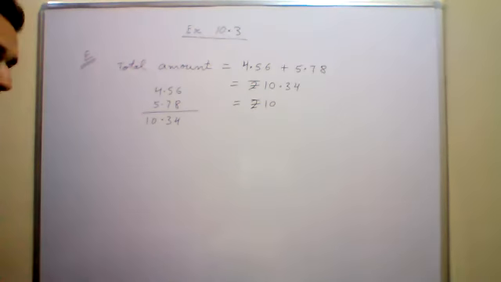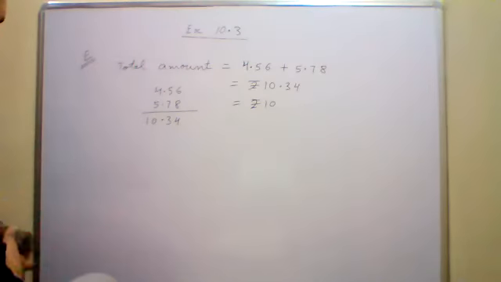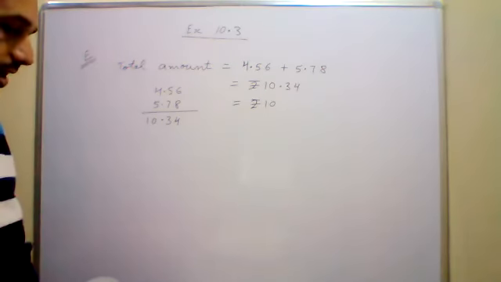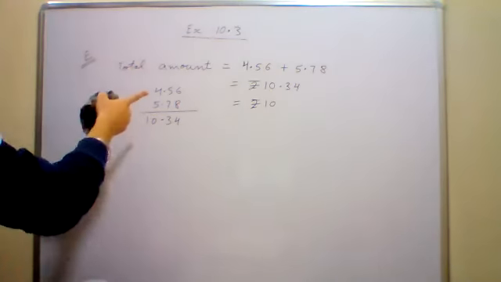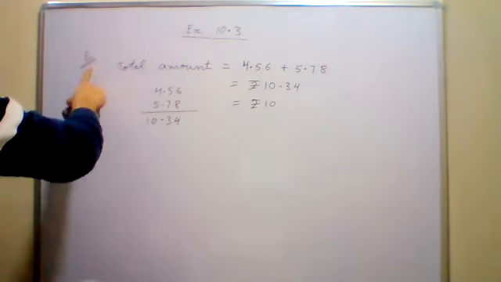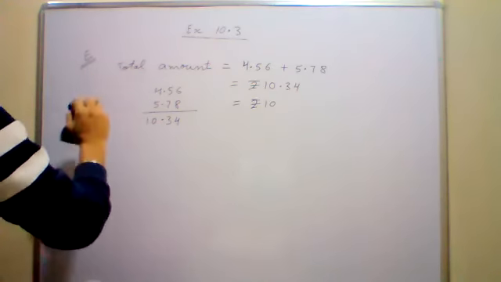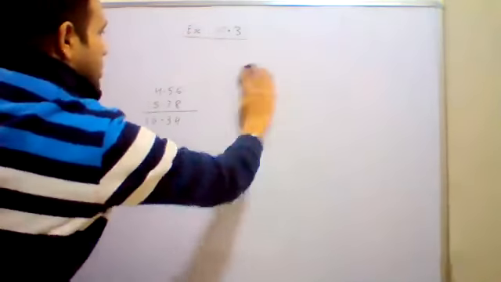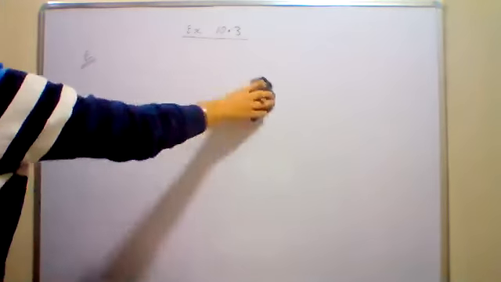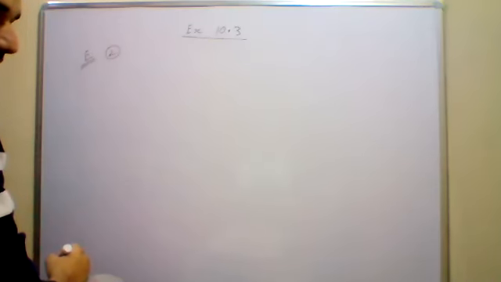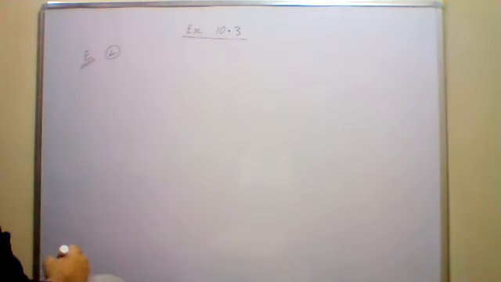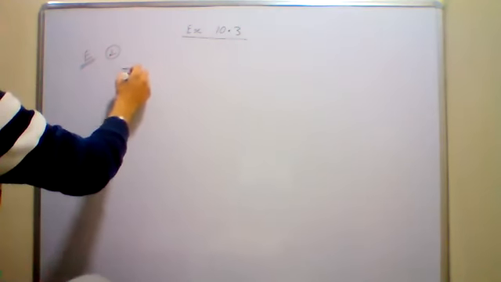Okay. Now let's move on to the second question. This was part 1 of question E. Let's do the second part now. A bottle contains 45.78 liters of water, a jug contains 38.65 liters of water. How much is the total amount of water when both are combined? You have to find the total amount.